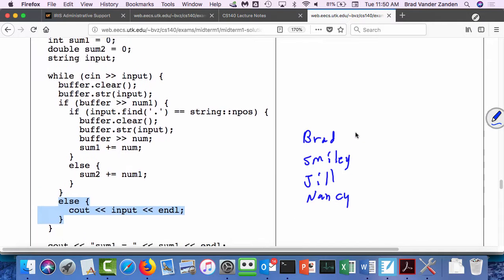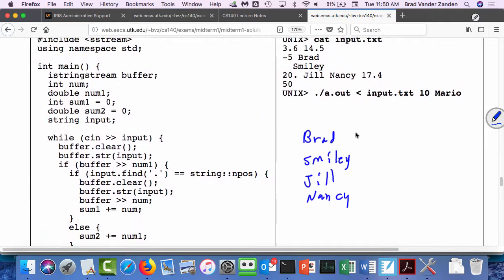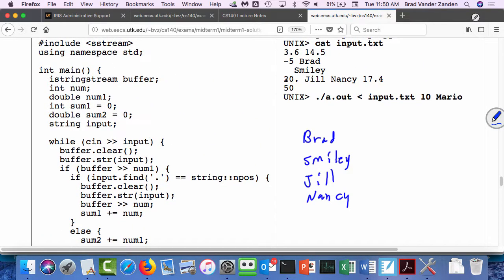So sum1 was the sum of the integers, and the integers were minus 5 and 50. So sum1 was 45, and sum2 was the sum of 3.6,